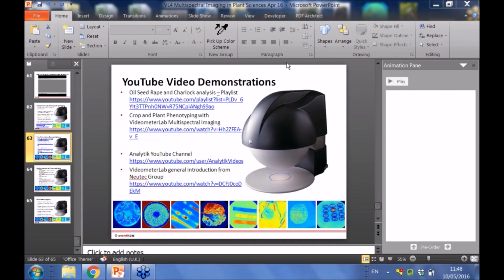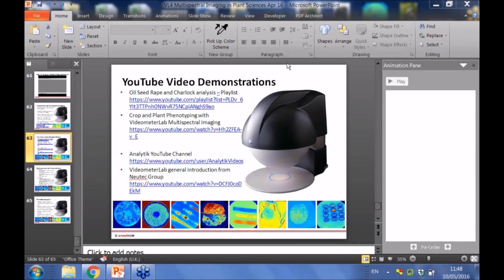We have done some imaging with the VideometerLab 4 with plates. Sometimes you need to mess around with the focal plane, but you usually get quite good results. It can be used with 96 well plates. The only drawback sometimes is that the wells can be deep, so the imaging focal plane might be a bit out of focus. It's perfectly possible. It might well be more suited to perhaps